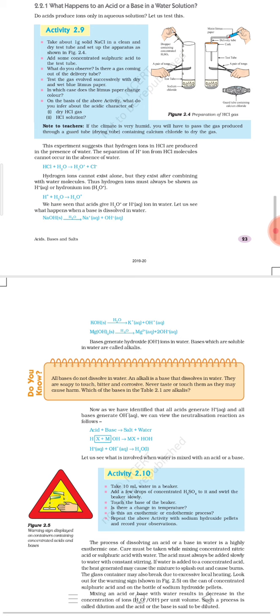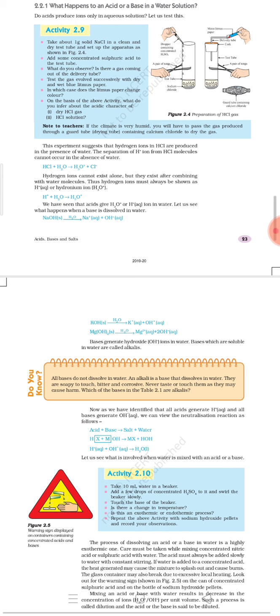To understand this, we are not going to take any specific acid or basic compound. We will simply take the general formula of any acid or base. For acid we have taken HX and for base we have taken MOH. HX is an acid. If you dissolve this acid in water, you get the ions H plus and X minus. In the same way, if you dissolve MOH as a base in water, you get M plus and OH minus as the ions.